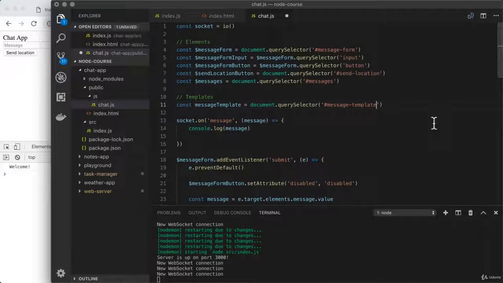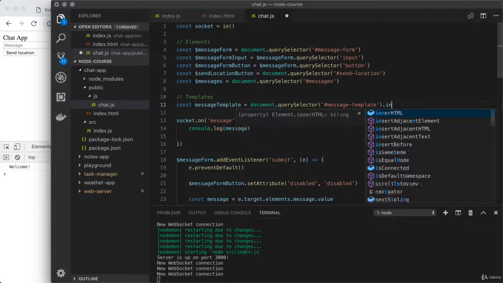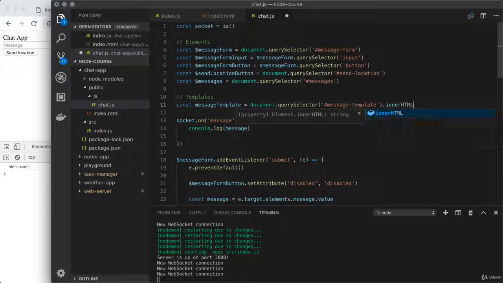Now, this is going to give us access to that element itself. What we really need for our templates, though, is the HTML contained inside, and our elements have an innerHTML property, which gives us access to that. This is what we need in order to render the template correctly. So we have the template right here, and we have the location we want to render the template up above. With both of those in place, we're now ready to actually render something to the browser when a new message